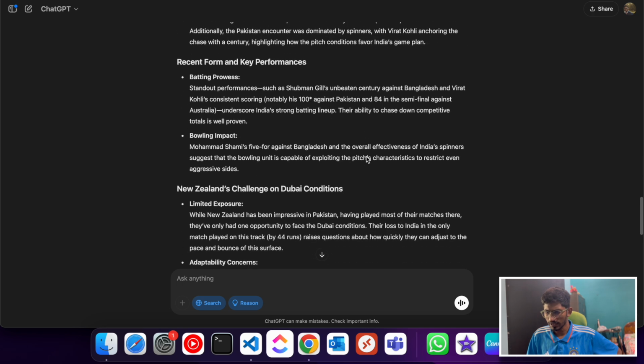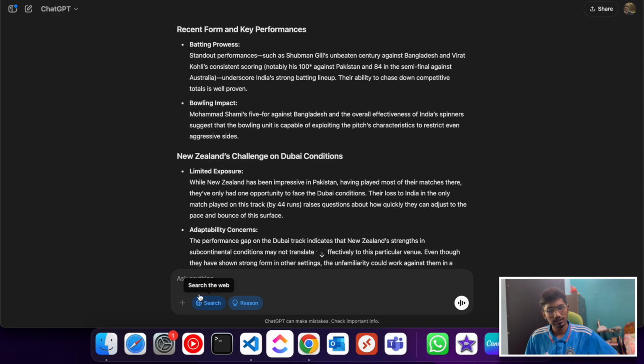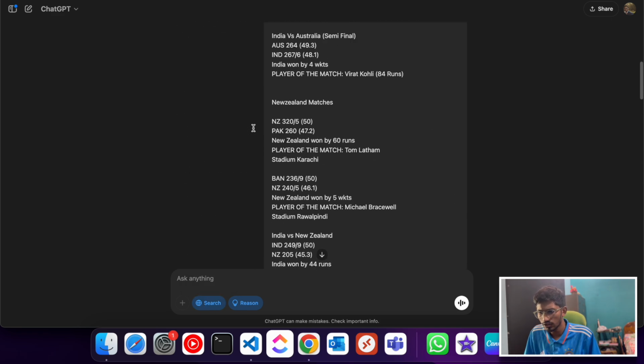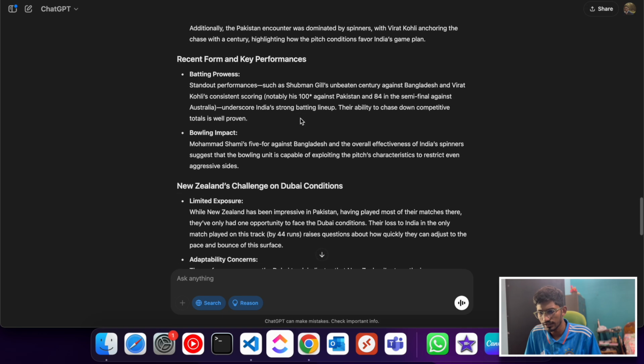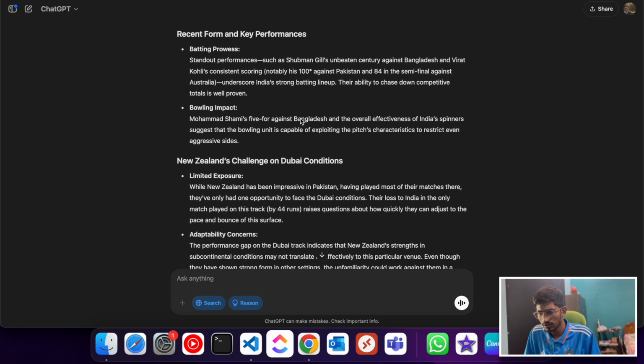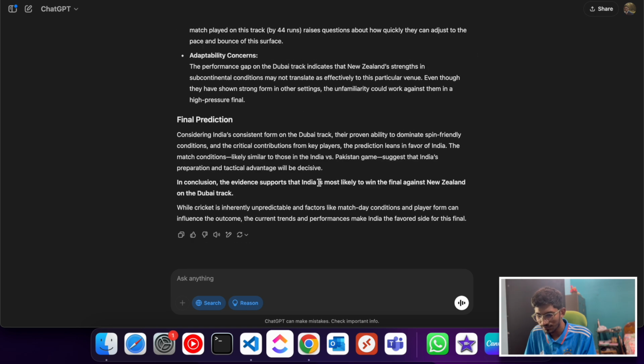One thing I notice is that even though I've given it access to search the web and get information, it's still not thinking beyond the stats that I've given. It did not talk about the performance of our other bowlers. It concludes that evidence supports India as most likely to win the final in Dubai. So it's 1 for India and 0 for New Zealand.